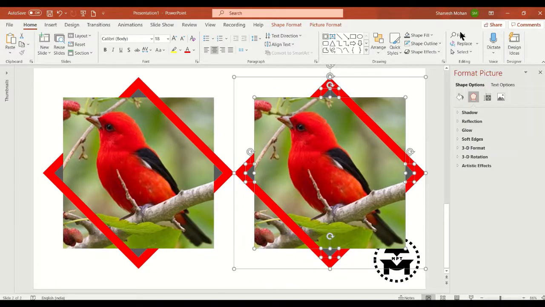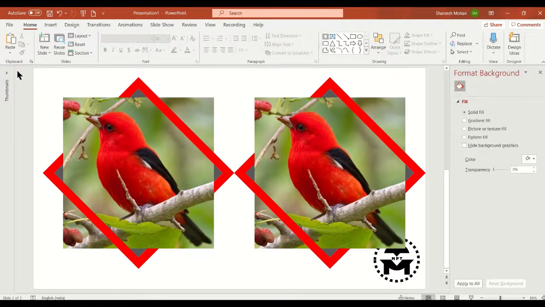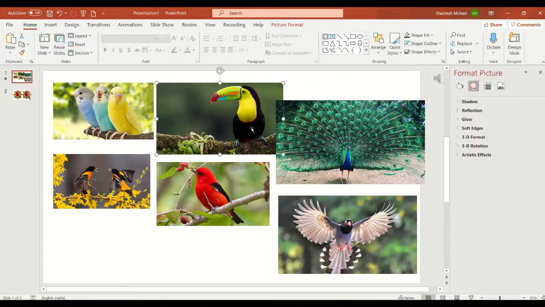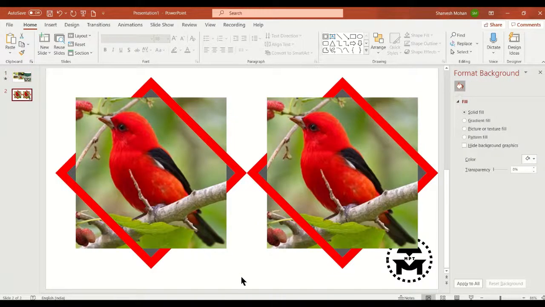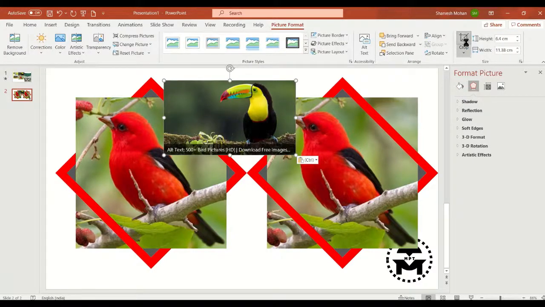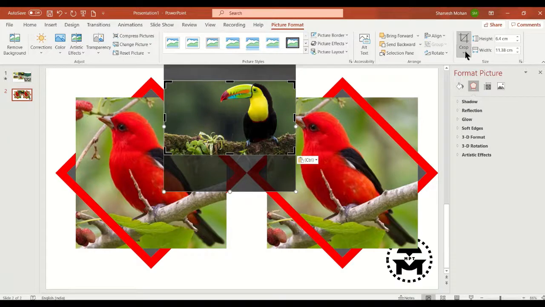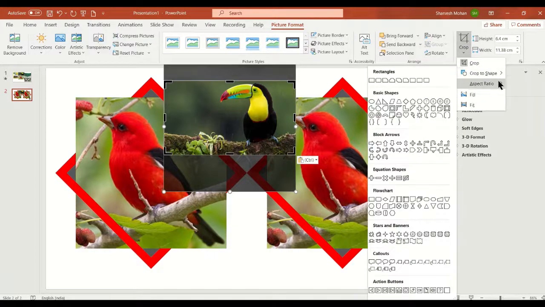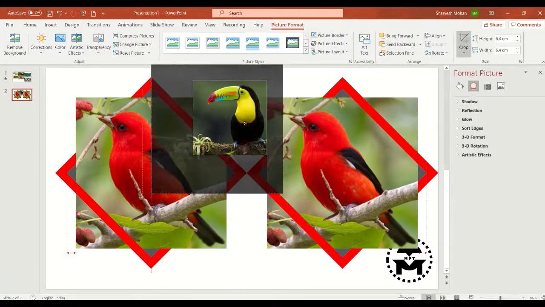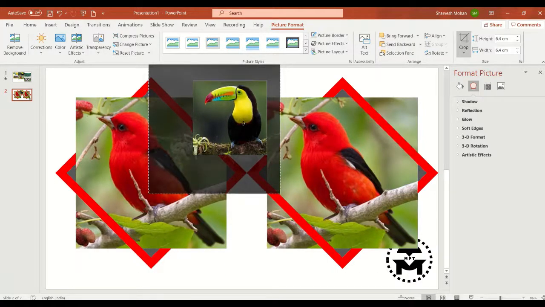We'll take one more picture. Let's take this picture. Again, we'll cut this picture into a square shape. So we'll go to aspect ratio 1:1. Cut this, paste.